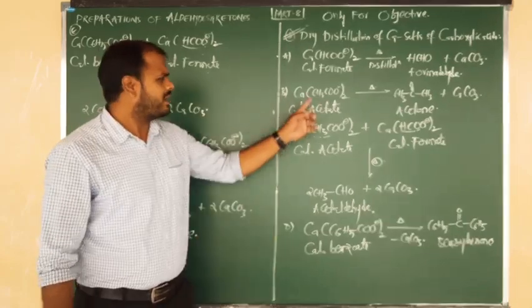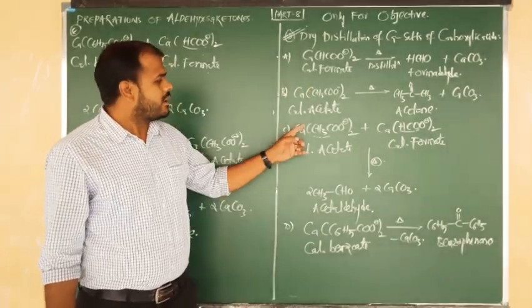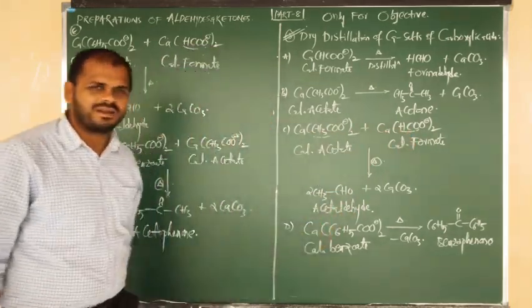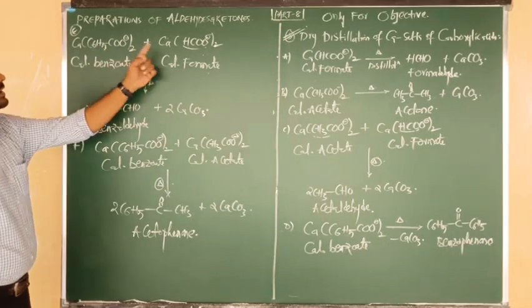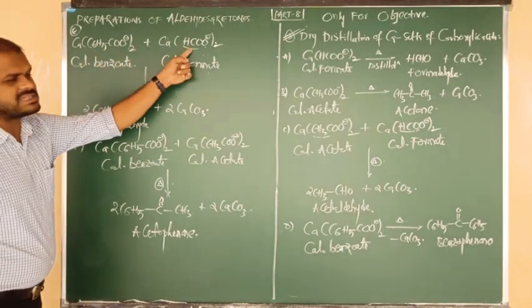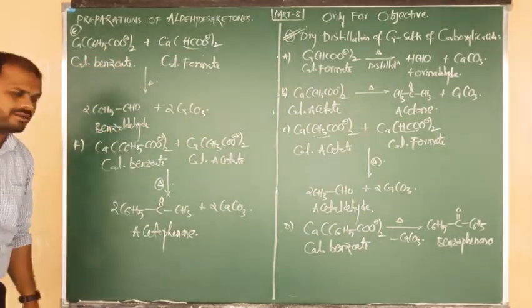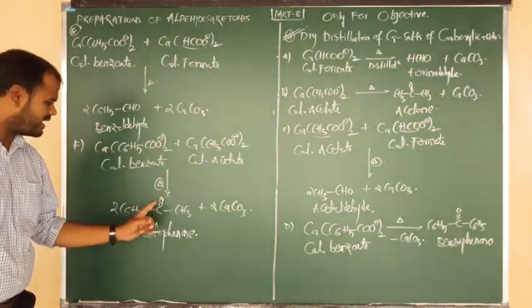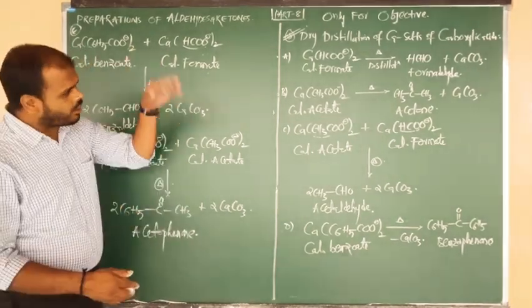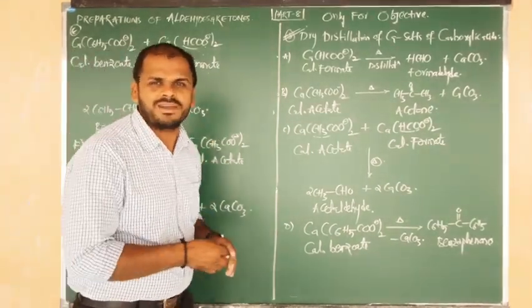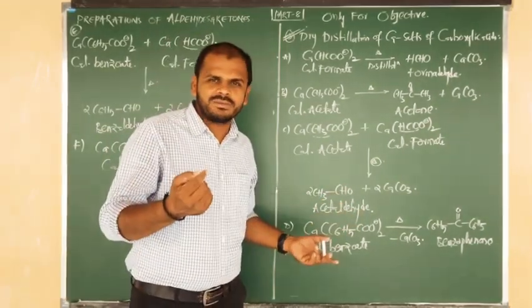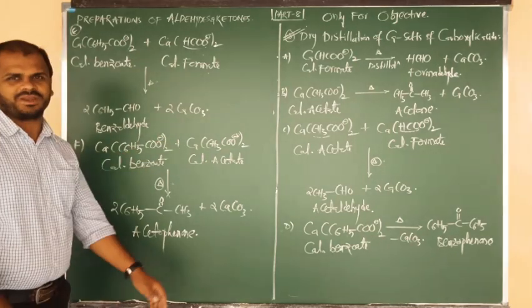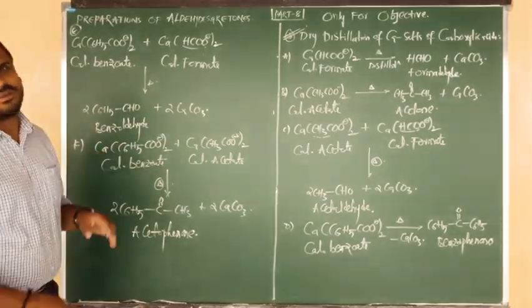Very similar. In place of CH3 write benzene. Calcium acetate and calcium formate give CH3 and CHO, the answer is acetaldehyde. Calcium benzoate and calcium formate: from here benzene, from here CHO. Answer is benzaldehyde. Calcium benzoate and calcium acetate: from here benzene, from here COCH3. Answer is acetophenone. And in all the reactions, the common byproduct is calcium carbonate. If one calcium is there, CaCO3. If 2 calciums are there, we have to remove 2 moles of CaCO3. Very important.